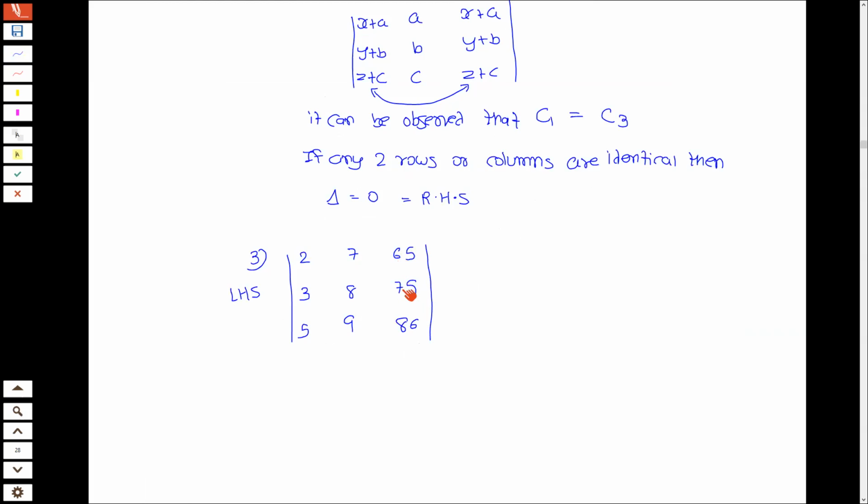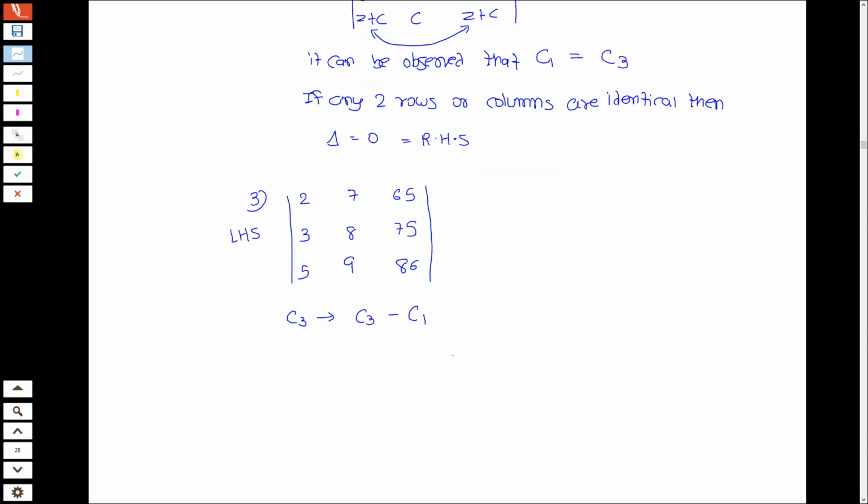65, 75, 85, 9 9 जा 81, इसमें 5 एक्स्ट्रा है. 8 9 जा 72, इसमें 3 एक्स्ट्रा है. So what I will do कि कॉलम नंबर 3 जो है उसको मैं चेंज करूंगा एंड कॉलम नंबर 3 में से आई विल माइनस कॉलम नंबर 1. When I say column number 1 means 1 times of column number 1, it is allowed. Any multiple you can use. So column 3 will change.